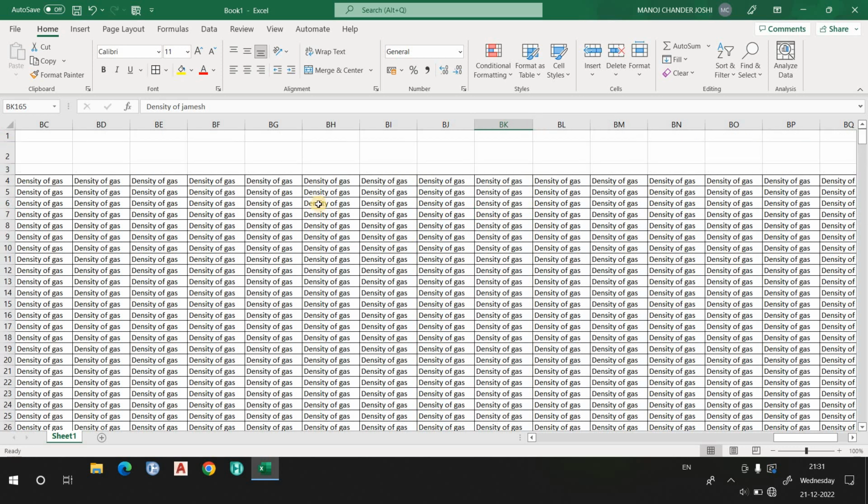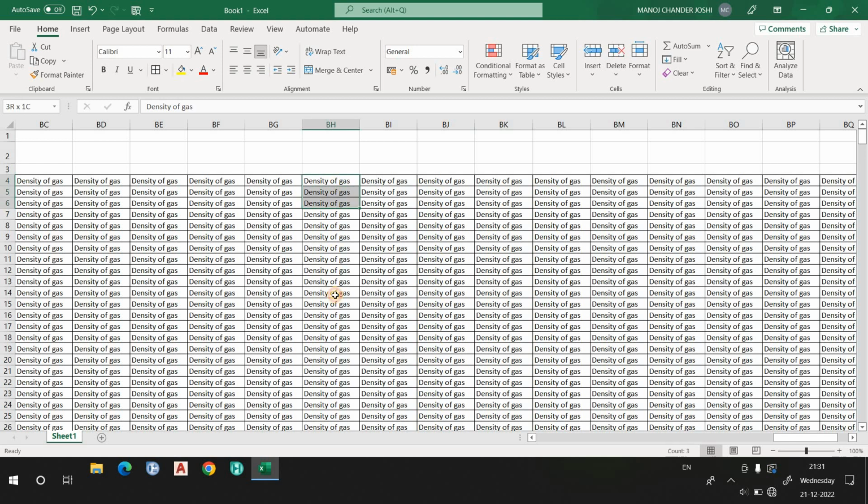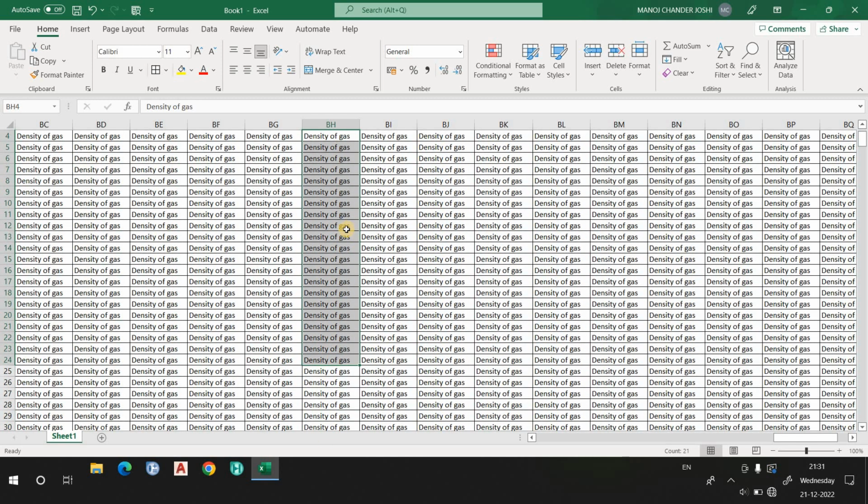You can find any data, and you can also replace that data. Let's suppose I want to replace only this one.